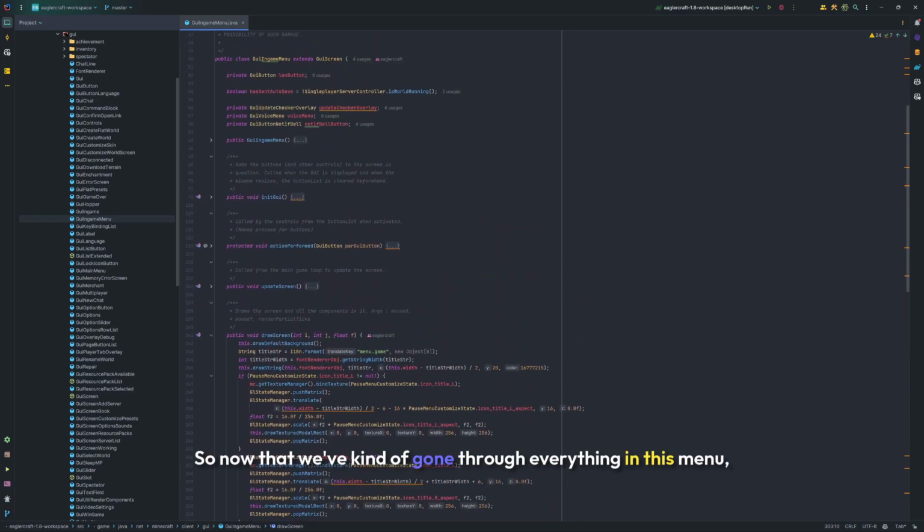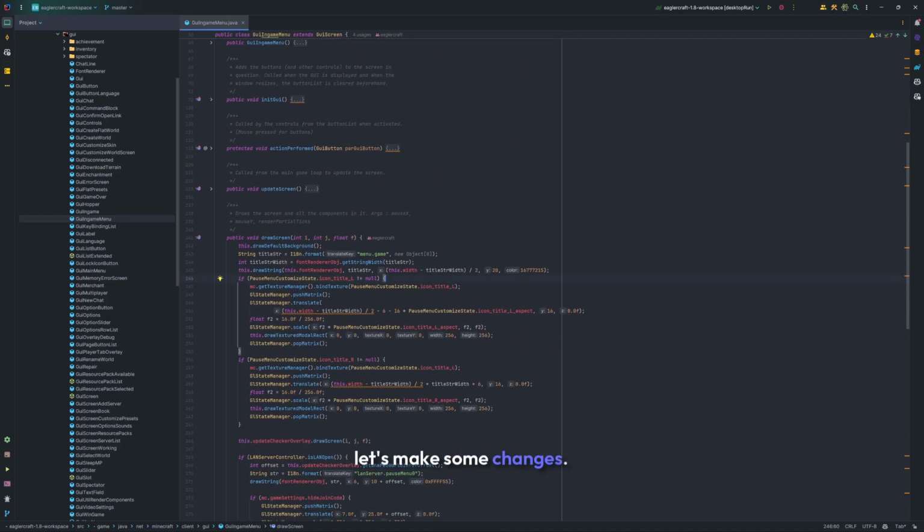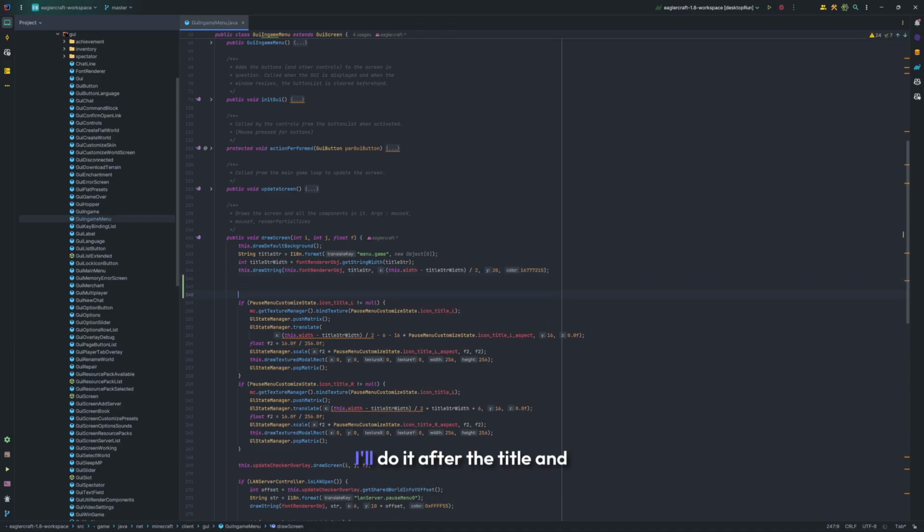So now that we've gone through everything in this menu, let's make some changes. For example, I'm going to draw in the top right corner a little box with our client name. This should be pretty easy. I'll do it after the title. And after the title and background, I will do